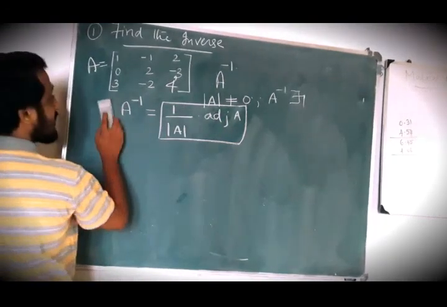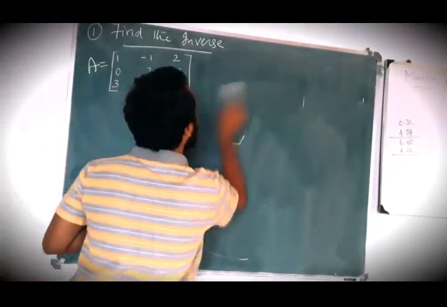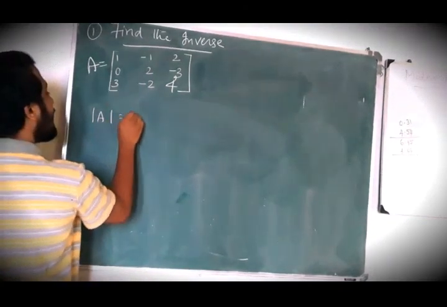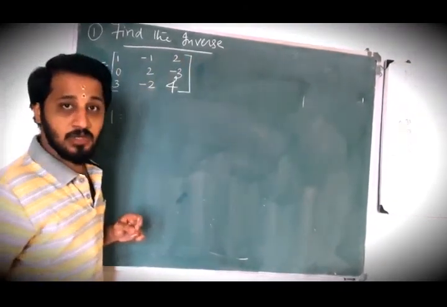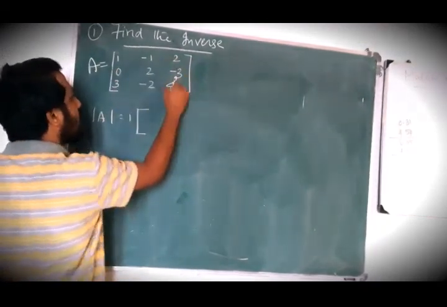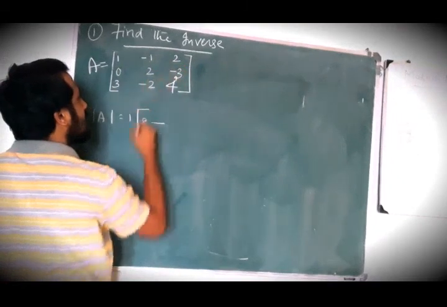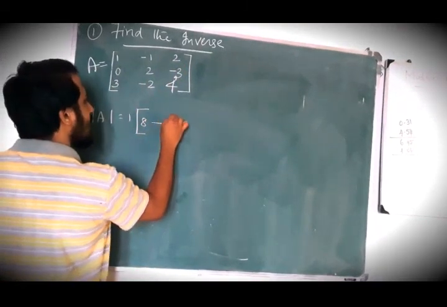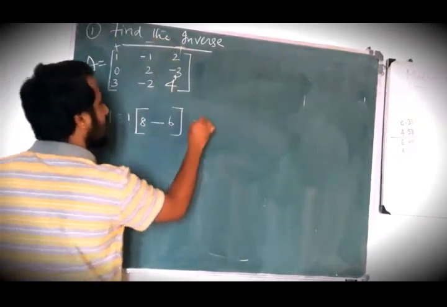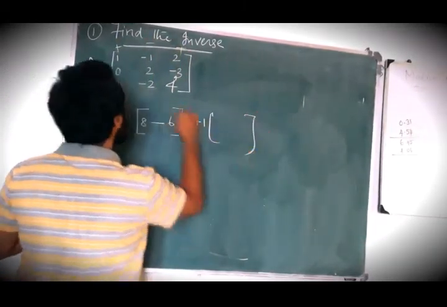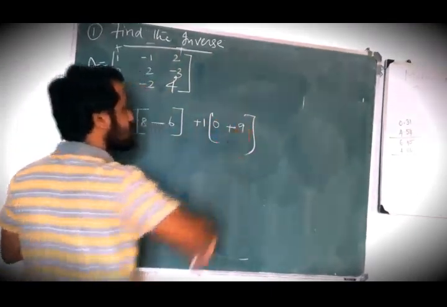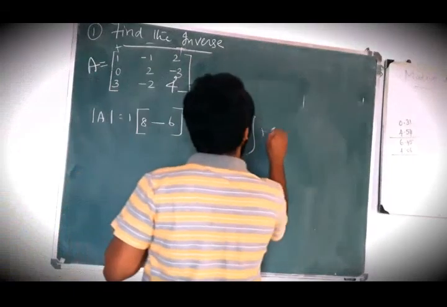So first you have to check whether determinant A is not equal to 0. Determinant A, expanding along the first row with alternating plus minus signs: 1 into (4 times 2 is 8, minus 3 times 2 is 6), so 8 minus 6. Now minus, plus, minus, plus. So again, plus 1 into (4 times 0 is 0, minus 3 into minus 3, minus 9), so plus 9. Now plus 2 into